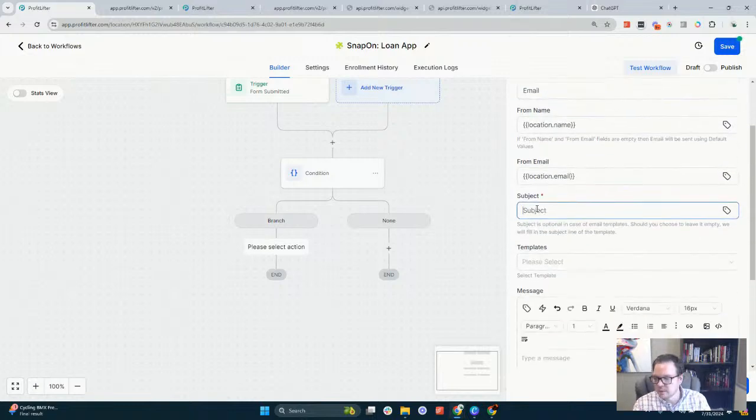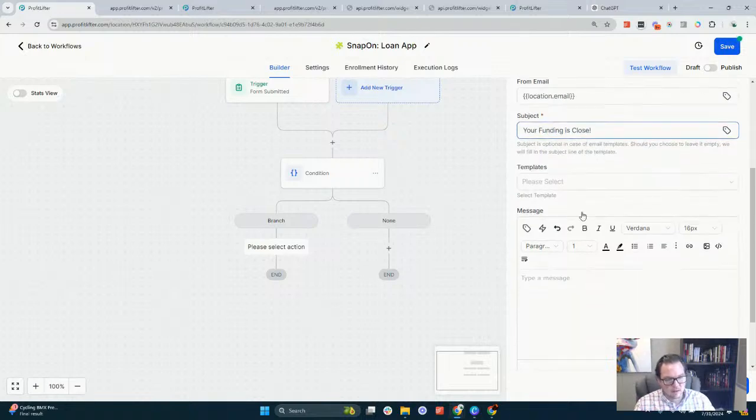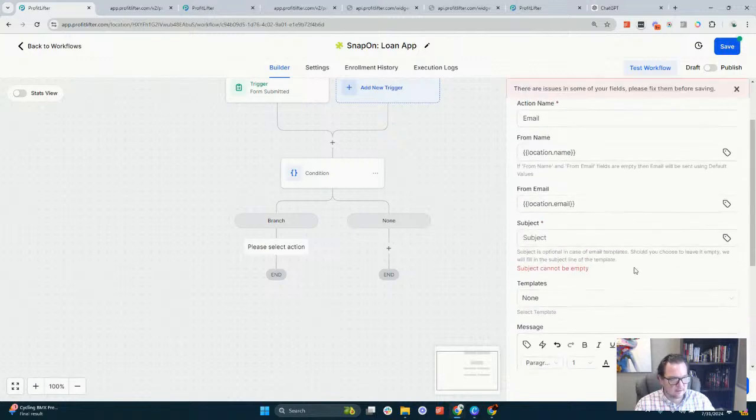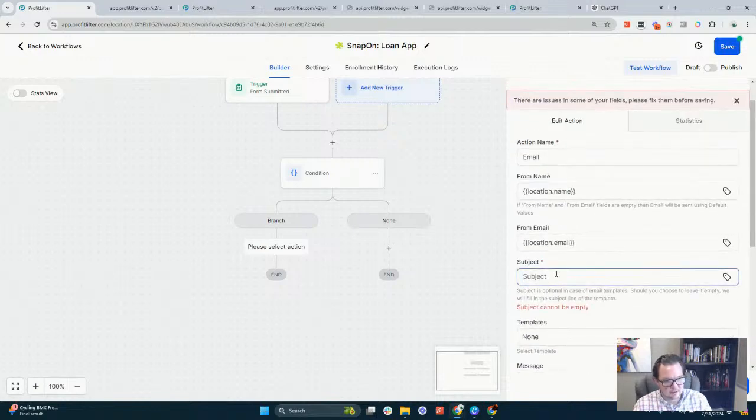And the subject we are going to use is your funding is close. I don't have any templates, so nothing to use there. And we would come in here, type out an email, click save. Subject: Funding is close. Or let's say you are pre-qualified